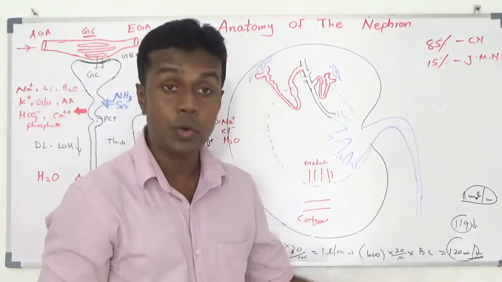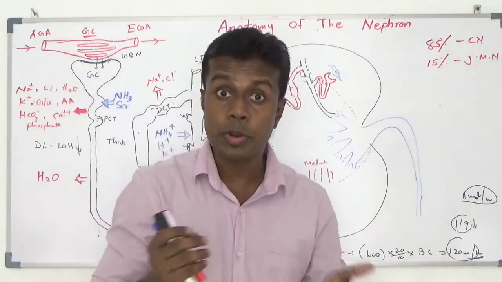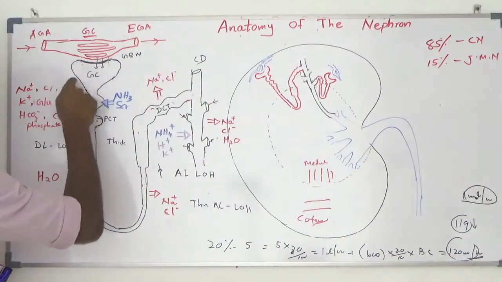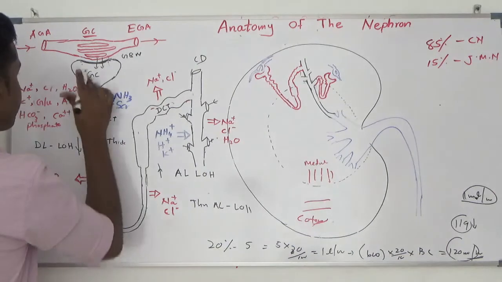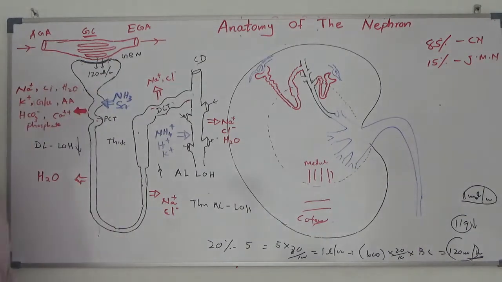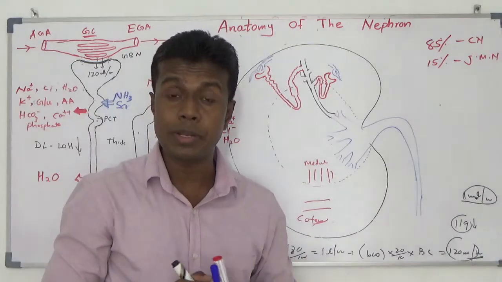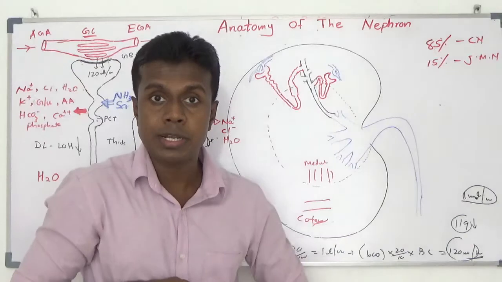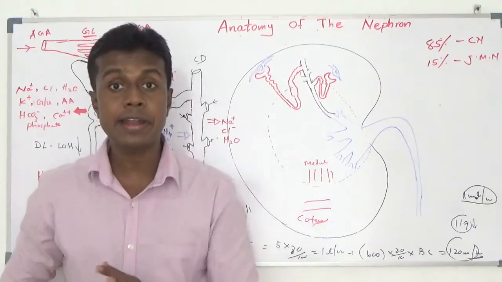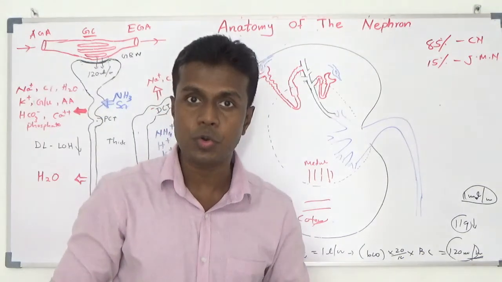Why? You are going to filter 120 milliliters per minute via your Bowman capsules. 2.4 million Bowman capsules are there, so a large amount of substance is going to filter in here. Not only that, large amounts of molecules also filter. How large a molecule can filter? Except albumin, molecules with a size smaller than albumin are going to filter. Albumin under normal conditions does not filter.